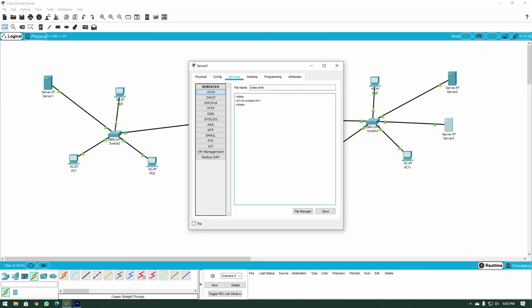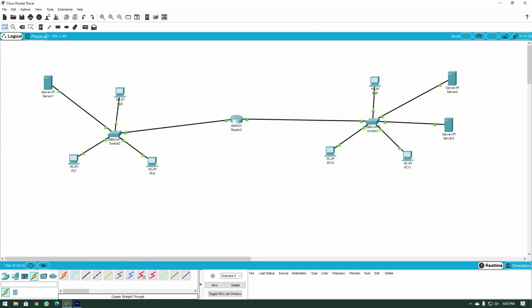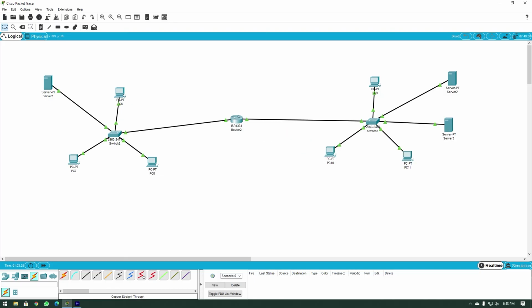And we are going to save this. And we'll say, let's overwrite the file. And once you've overwritten the file, just click on File Manager over here to go back to this page. Remember the IP address of this computer. It is 10.1.1.4/8.